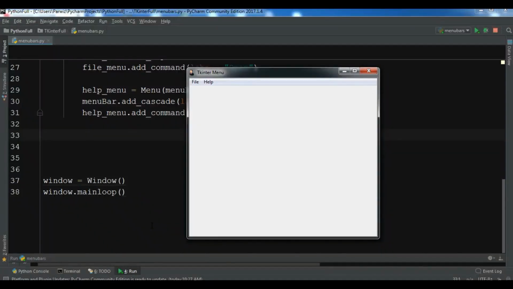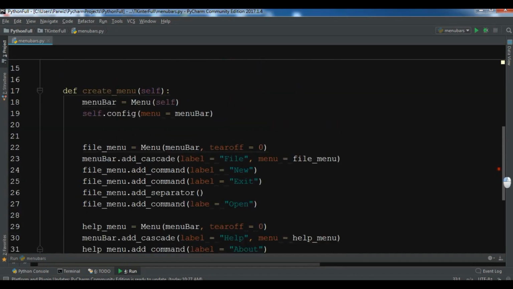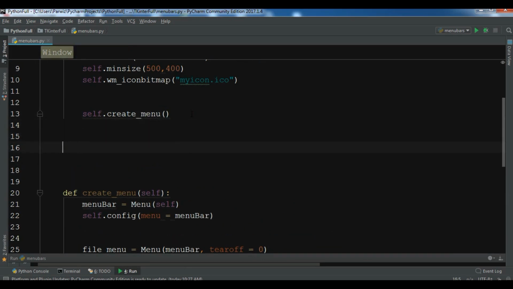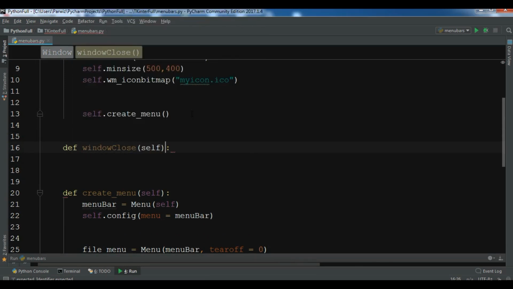In this part I want to show you how you can add commands to your menu item. So I have created this menu with menu items. For example, if I want to click on exit, my window should exit. So for this we are going to add commands on our menu items. Now I'm going to create a new method in here. So let me just create, and I call it window close,